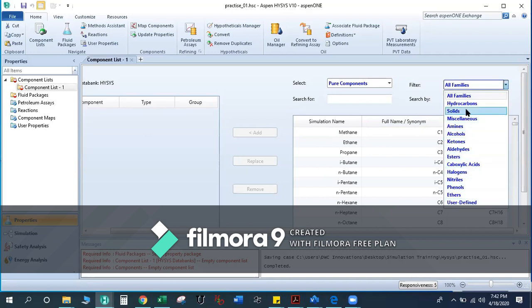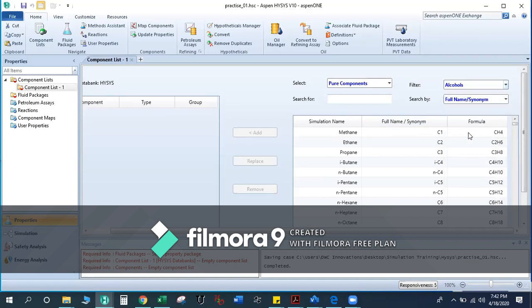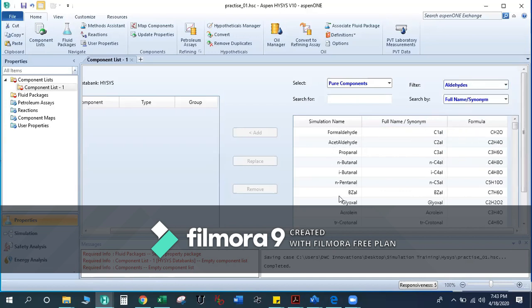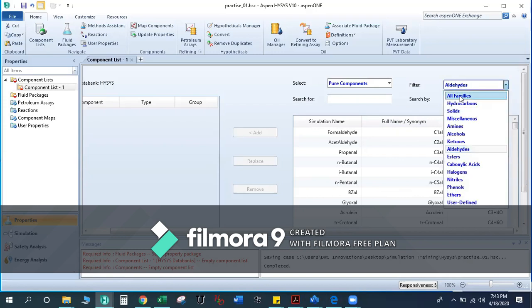If you select any filter, let's say I select alcohol, then in this list you will find only the alcohol components having the OH group. If you see the aldehyde, this is basically the aldehyde group. While we are doing the simulation, we are not touching this.